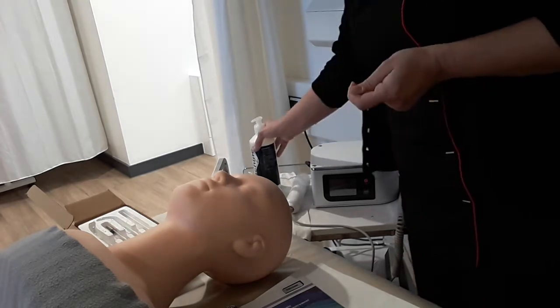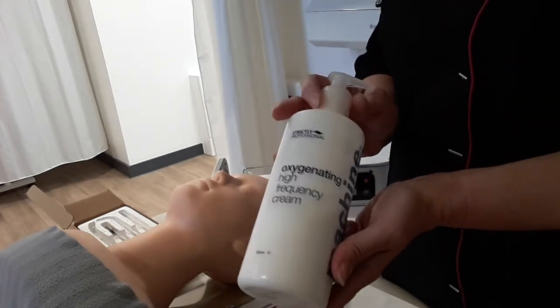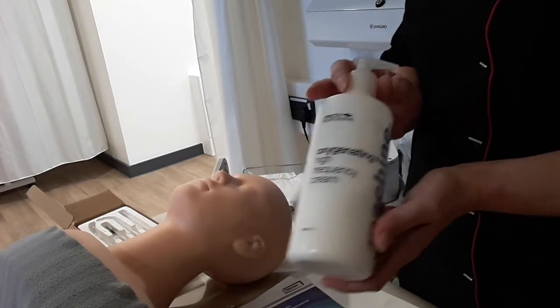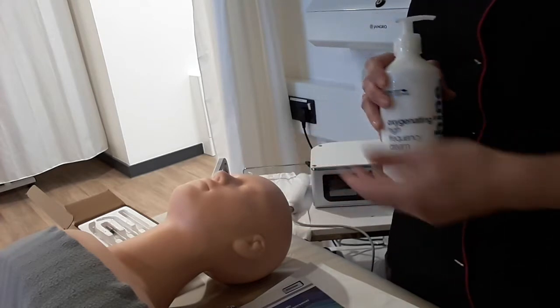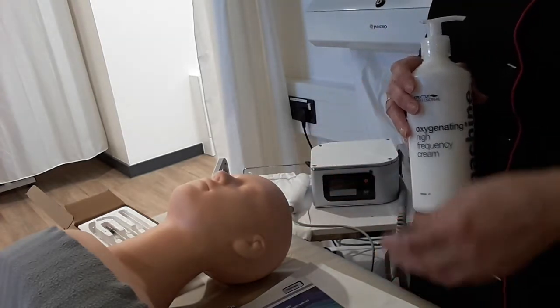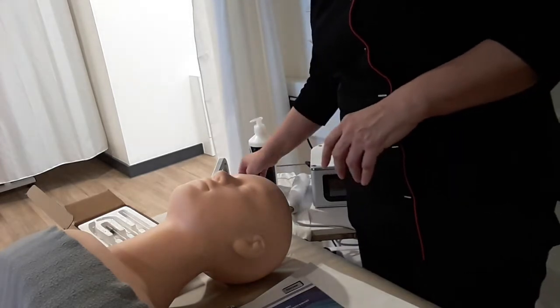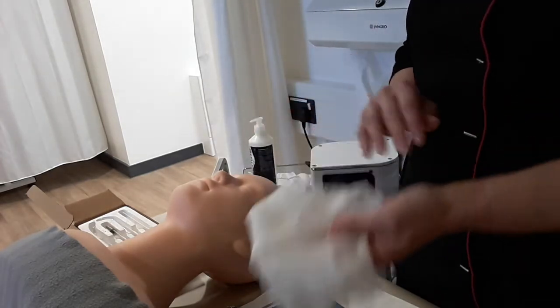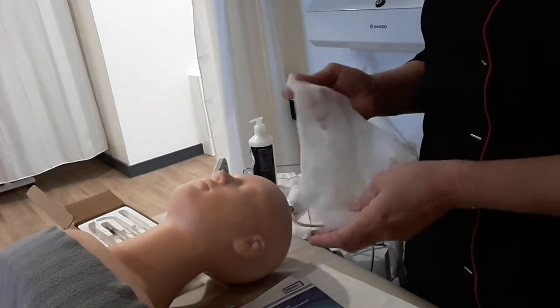And because we're going to be using an oxygenated cream specifically for high frequency, that is going to heal the skin, because as we know, oxygen is good for our skin. It's going to heal the skin, and because we are going to be applying that cream with gauze, it's going to create